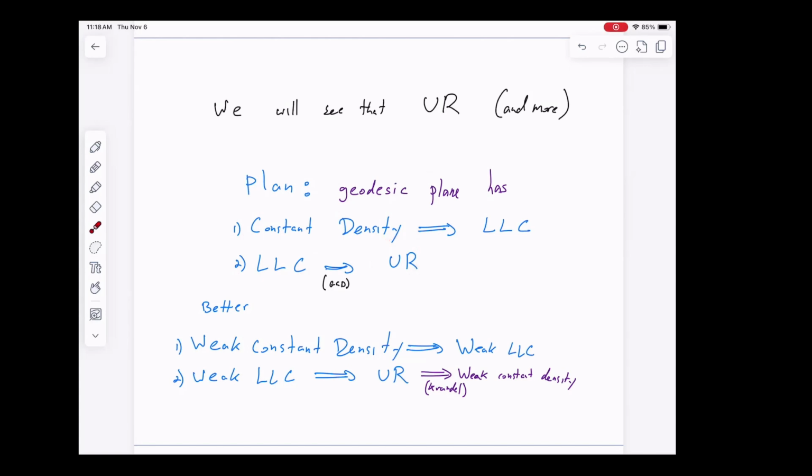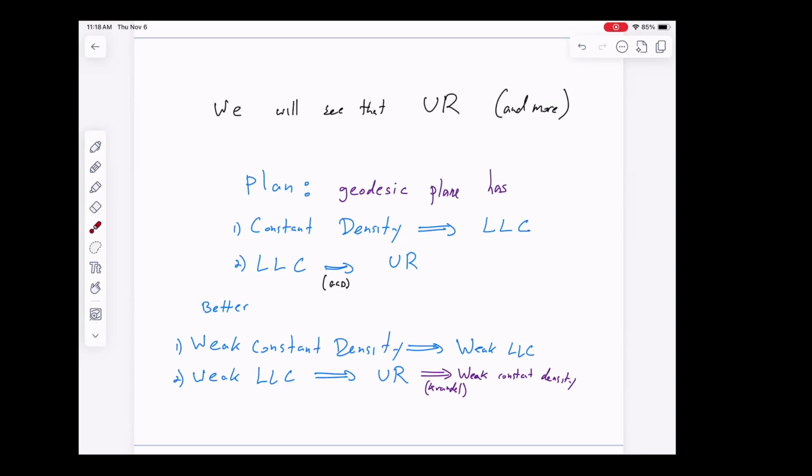And then we're going to show that if it's locally linearly connected, then it's uniformly rectifiable. Well, that's a lie. We're not going to show this. This was shown by Guy C. David 15 years ago. I think he's in the audience, so he can tell me how long ago that was. I guess Mario, you should also know.